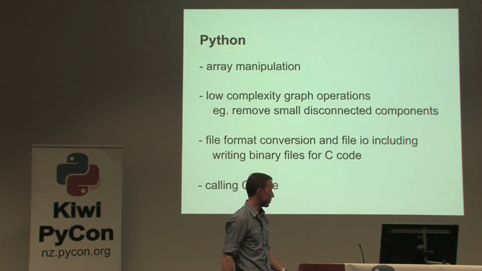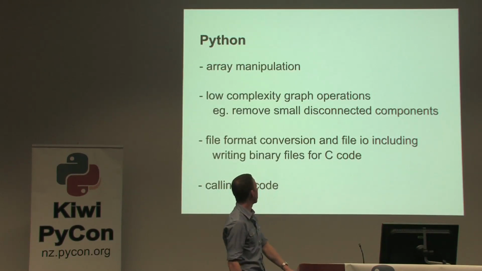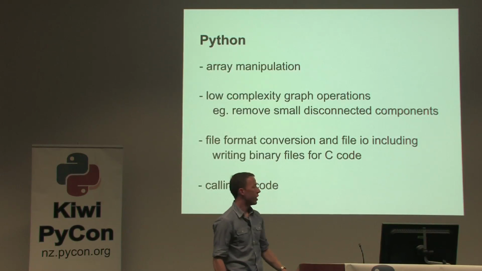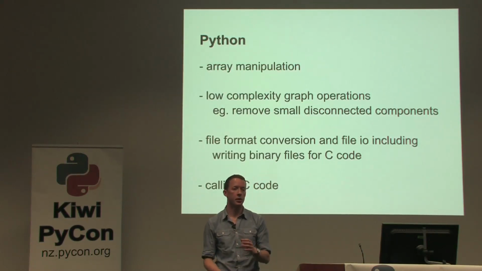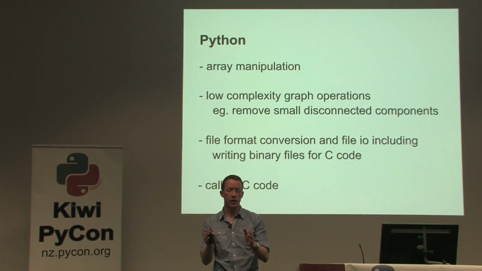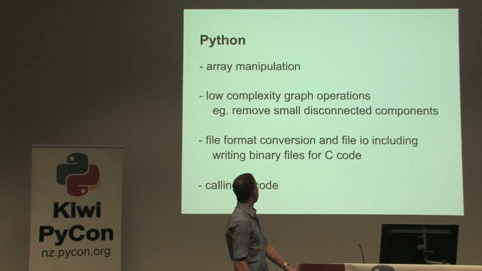So that's a good thing to do in Python, and it's low complexity, so I don't need the speed of C. A lot of the libraries I'm using are C code, so I might want to get rid of the commas and turn them into spaces or something, just do simple text formatting operations on these lines. Again, I can scan through the line in Python, do those file conversions.